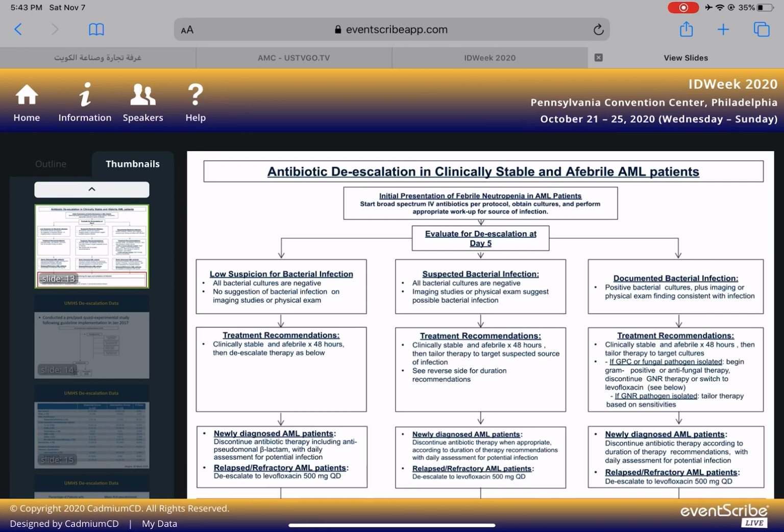Historically, we see these people will develop infections even if they're on Zosyn or cefepime or meropenem, and they'll develop infections when we take them off of anti-pseudomonals as well. So we need to keep a really close eye on these patients. We need to monitor their fevers, at least daily. And we need to be able to allow teams to restart IV anti-pseudomonal therapy if there is any suspicion of